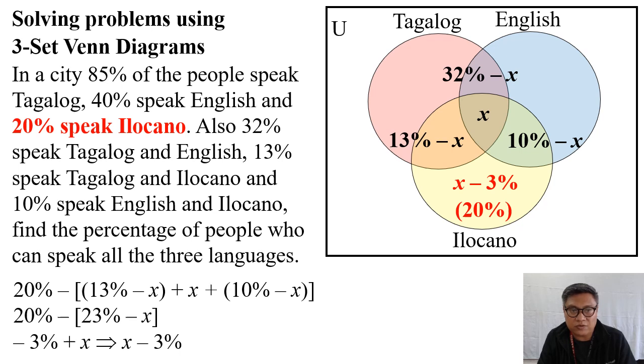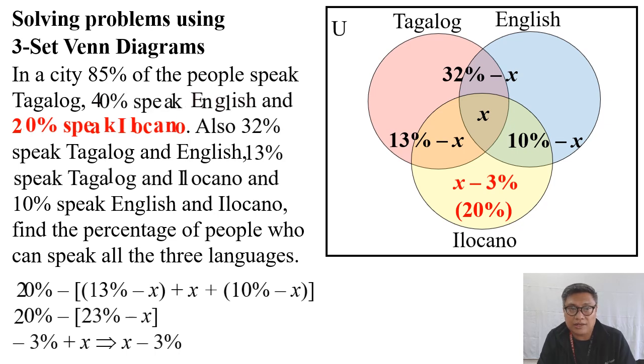Then simplifying, of course, 13 plus 10 is 23. Then negative x plus x is 0. Minus x, we still have the negative x. So 20 minus 23 is negative 3. Negative times negative is positive. So we have negative 3% plus x, or this could be x minus 3%. So this is now the remaining percent out of the 20 who only speak Ilocano, but they don't speak Tagalog nor English. The same goes for the others, like for example in English,